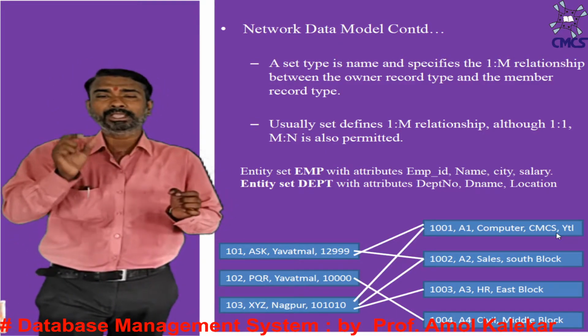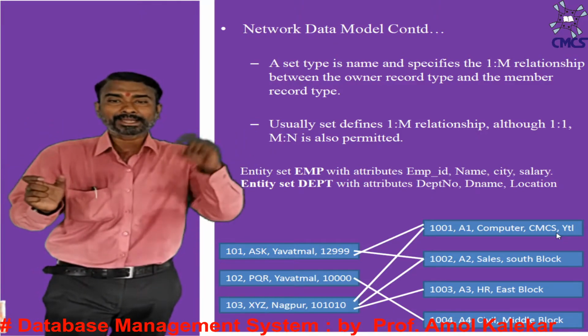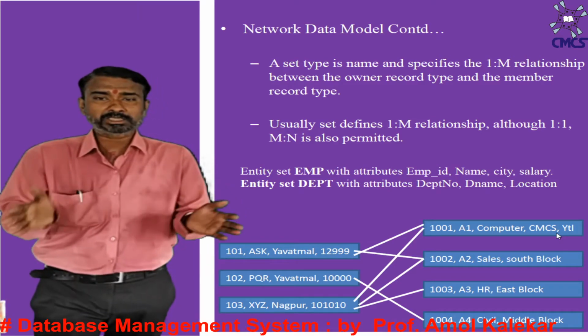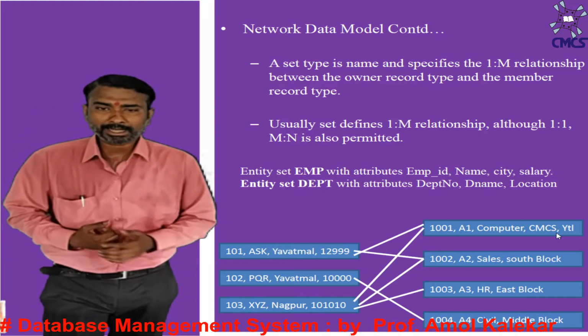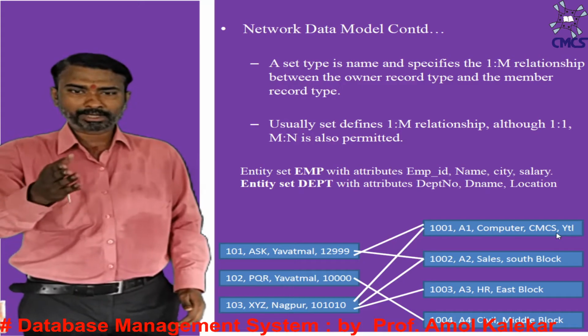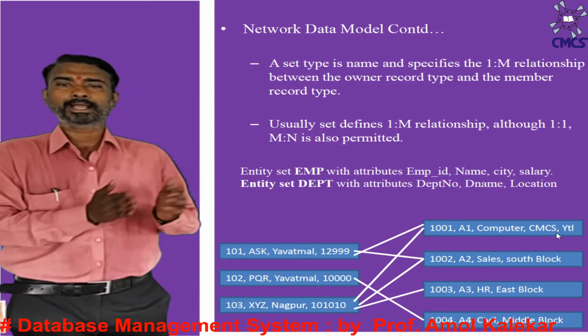Means we are having the employee entity set and department entity set, and we are trying to associate these two entity sets with each other with the help of this network diagram. So you can see on your screen the figure where we are having the employee entity set and, contrastingly, we are having the